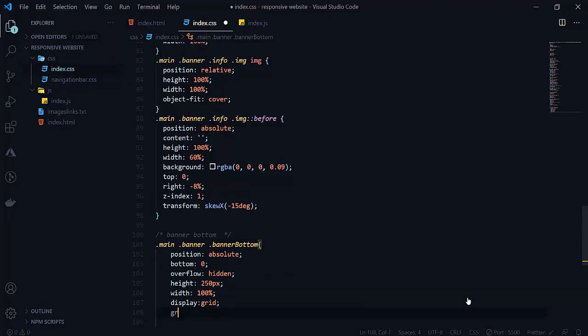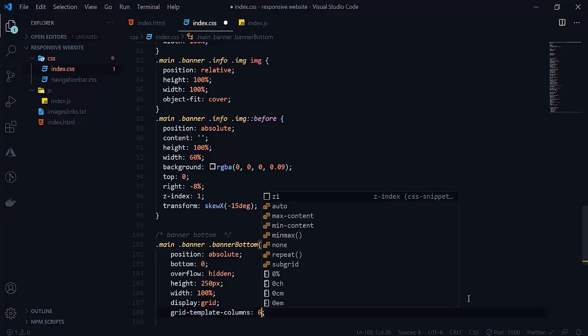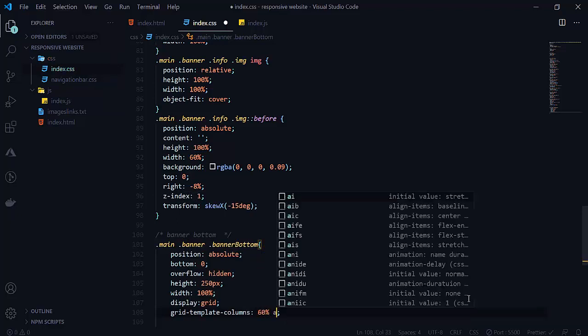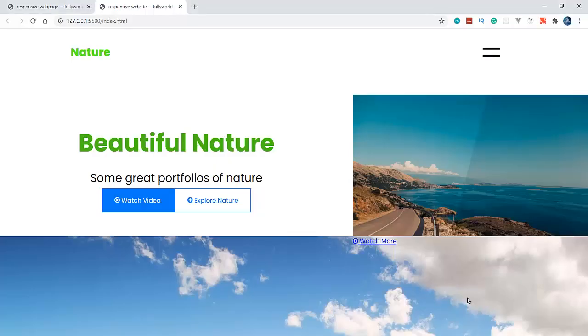So here grid template columns will be 60% and auto. So let's see. So its height is very big, but it is okay. Height is a little big here.